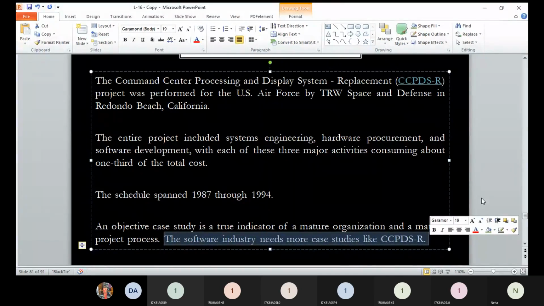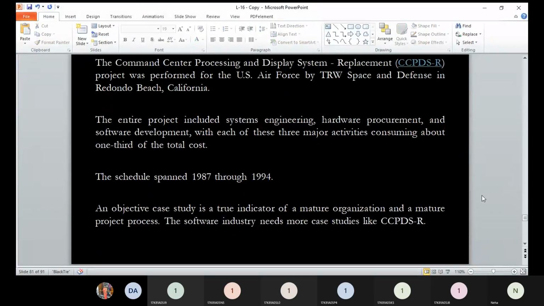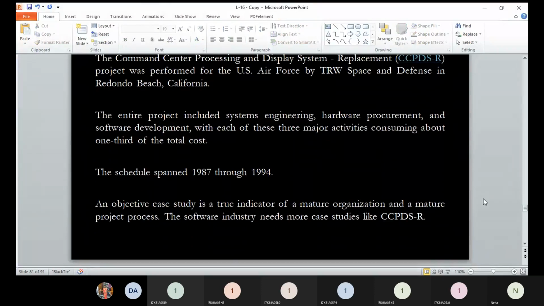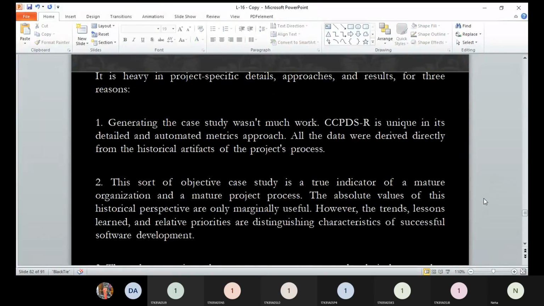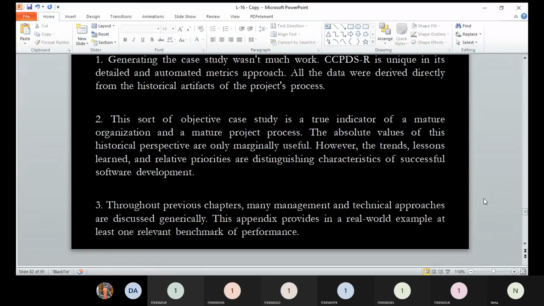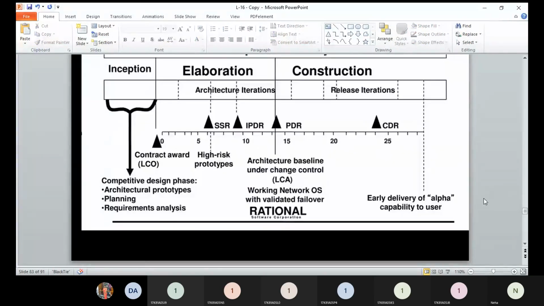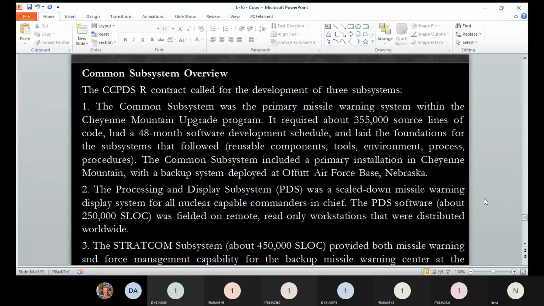If we have more time, we will study other case studies. Before discussing these 2 points, let us see the 3 subsystems of CCPDSR first.